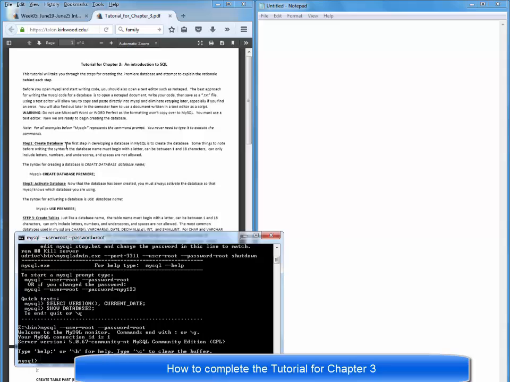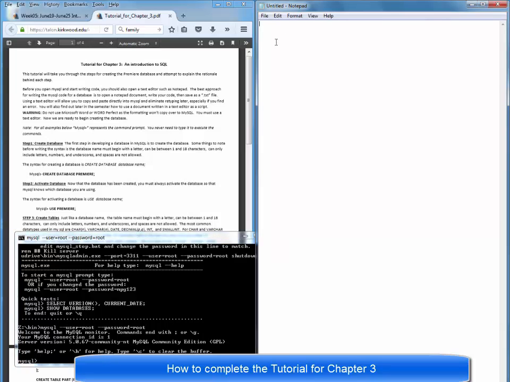So step one is to create the database. To do that, all you have to do is at the MySQL command prompt, you type create database Premier. However, I don't want you to type all of these commands directly into MySQL. First, I want you to type them into a Notepad document. Notepad is just part of the accessories, and you want to use Notepad and not Word or something like that, because there are special characters with like a Word document that will create issues in copying and pasting, as you'll